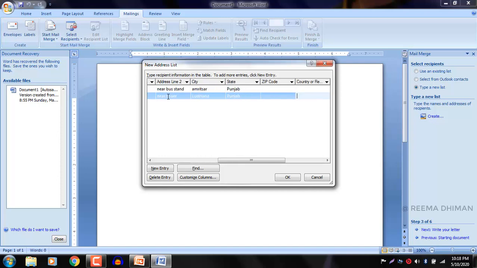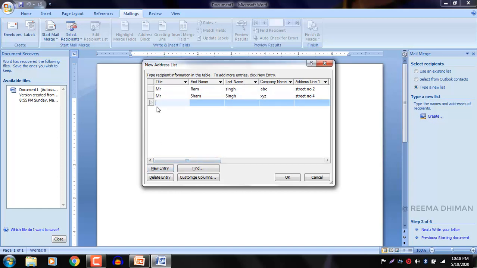Country field, you can write India or you can leave it. Mobile number, contact number. You can write the mobile number also here. Clear? Next, if you want to enter a new entry, you can again go to the new entry button. Company, let's say DEF.